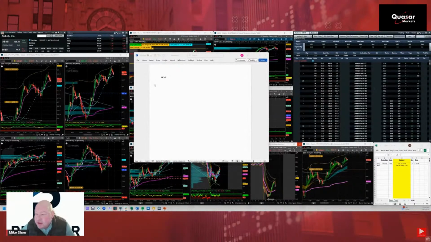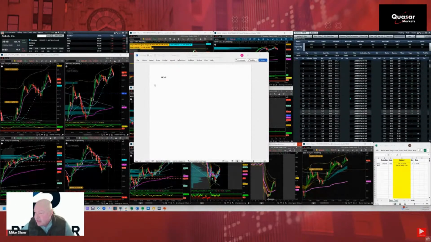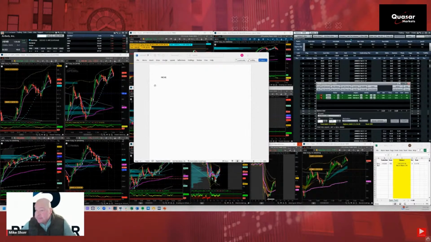Back of the envelope calculation would be to look at the at the money straddle. So Airbnb is trading close to 140. And so we can say, well, the at the money straddle, we're going to buy a call and a put. It's not quite at the money, trading for about somewhere around $12.